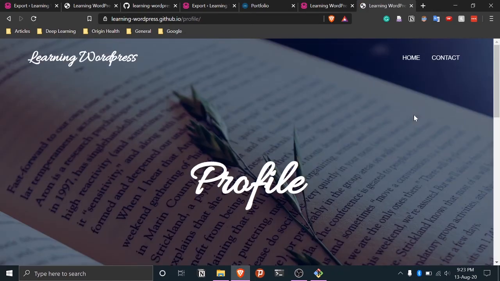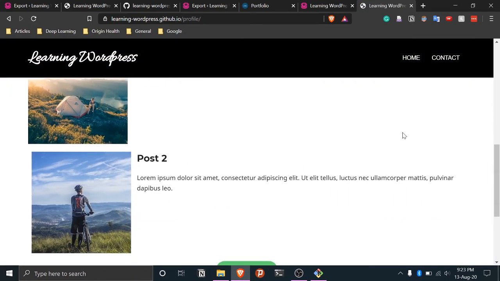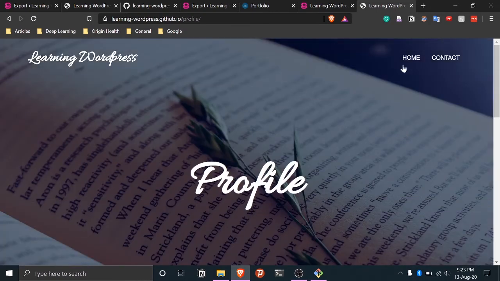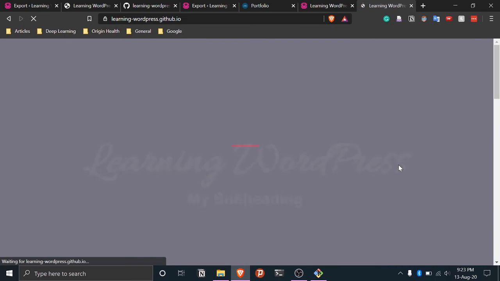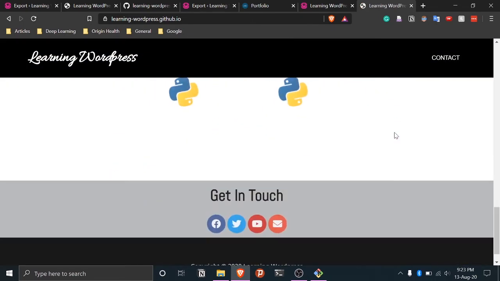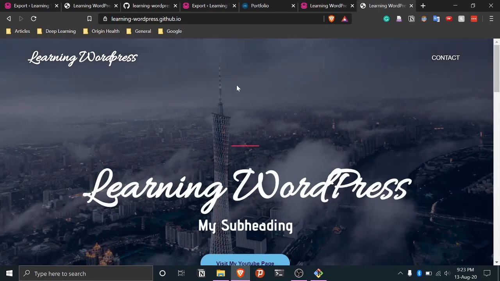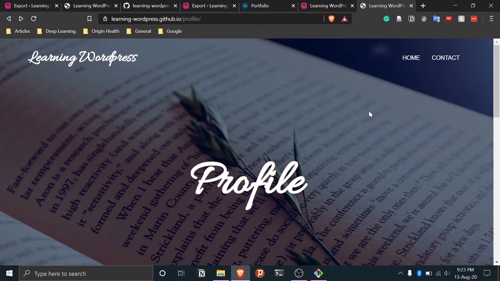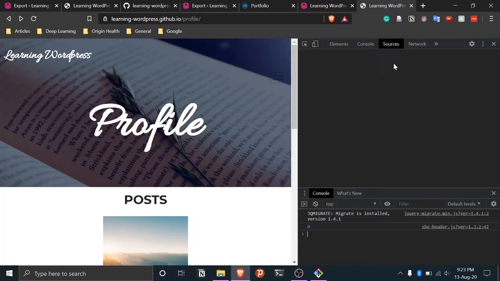And yeah, so you can see that it loads just the way we wanted. And if we go to home, it takes us back to our home page, right? But there is one small problem. We don't have a button, like a menu, to go back to our profile page, so we'll make that change. Also, we want to check the sources, so we'll press Control Shift I and see if